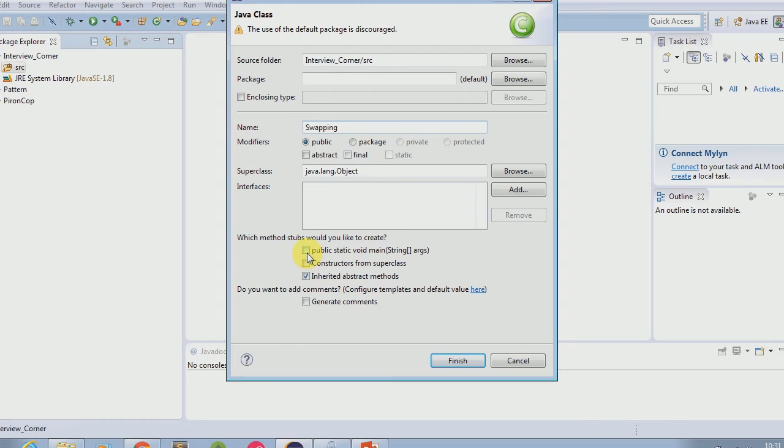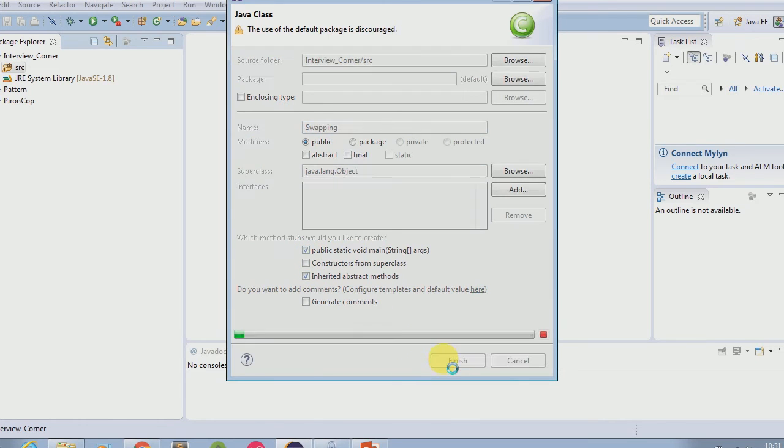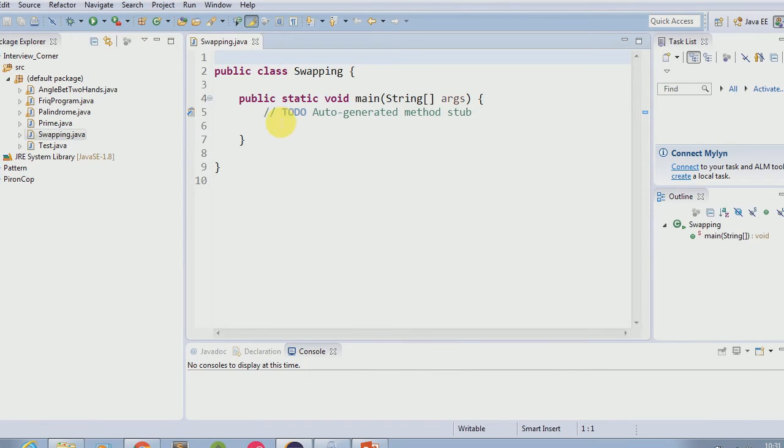I am including the main function. So first step will be defining two variables. So suppose I'll take two variables, int a is equal to 20 and int b is equal to 30.